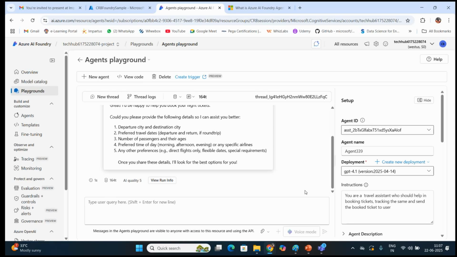It acts autonomously without you giving much information, working based on the knowledge base, description, and instruction that you provide. That's where the agent playground plays a major role.